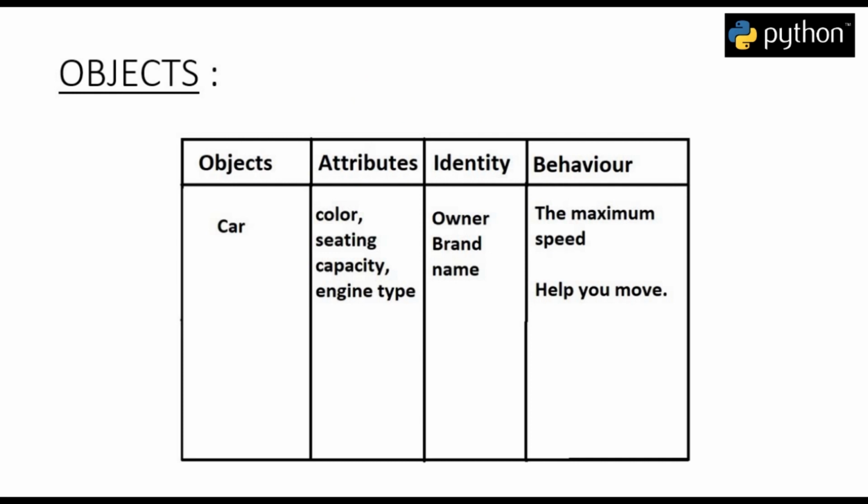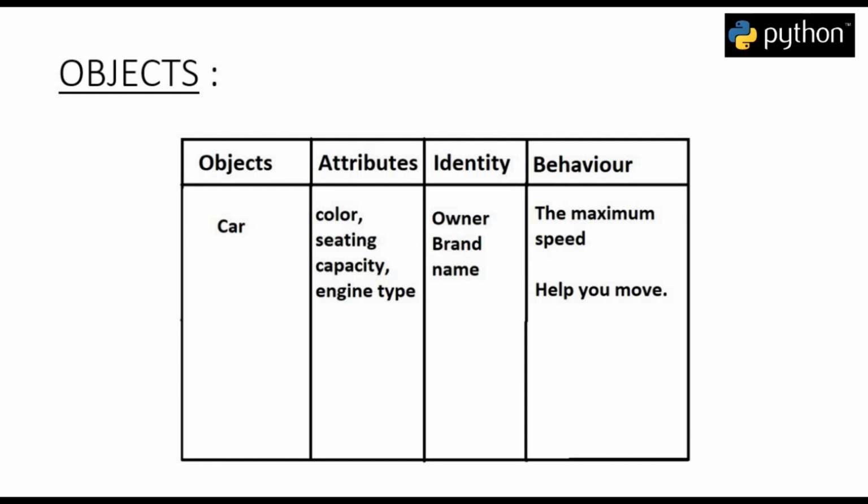For example, let's take an example of a car. Every car has some features such as its color, the engine, the kind of doors it has, how many passengers it can accommodate, etc. So these are the different attributes of a car. Similarly, every car has some behavior such as the maximum speed it will go to, the minimum time required to brake, the servicing time, etc. And similarly, every car has an identity, that it belongs to some person or some kind of brand like BMW, Rolls-Royce, etc.